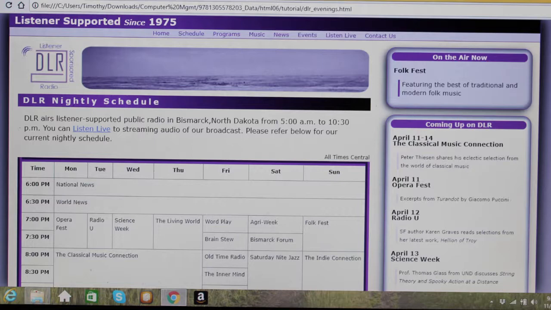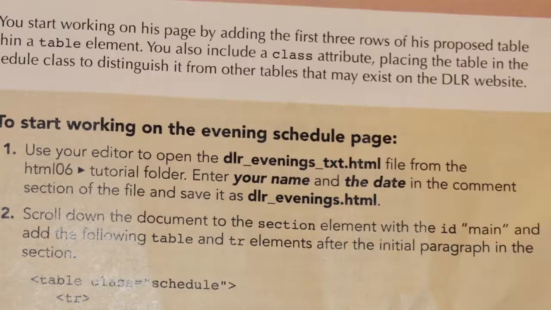Now, as with any page, the first thing you want to do is use your editor to open up the DLR_evenings_txt.html. The first thing Ms. Randall taught us that we always do is put our name, our date, and then you're going to enter, and save the file